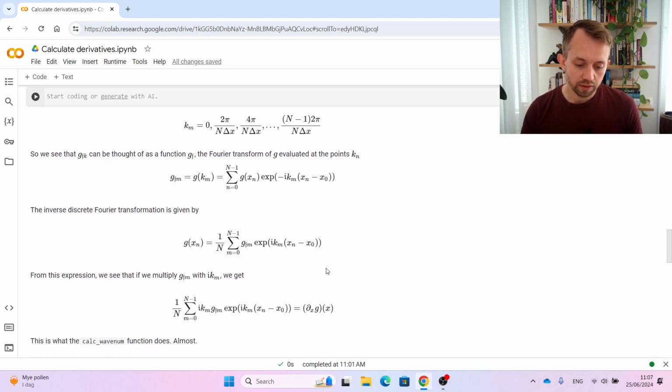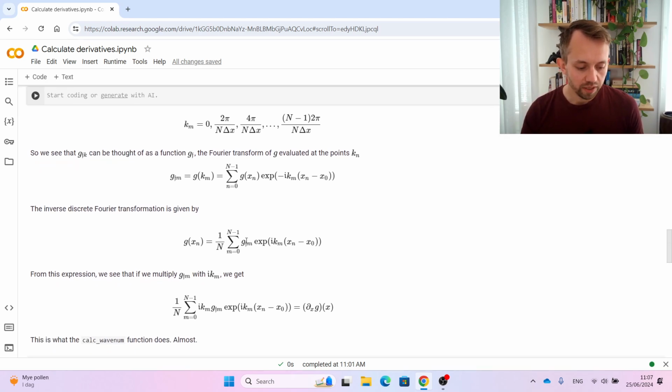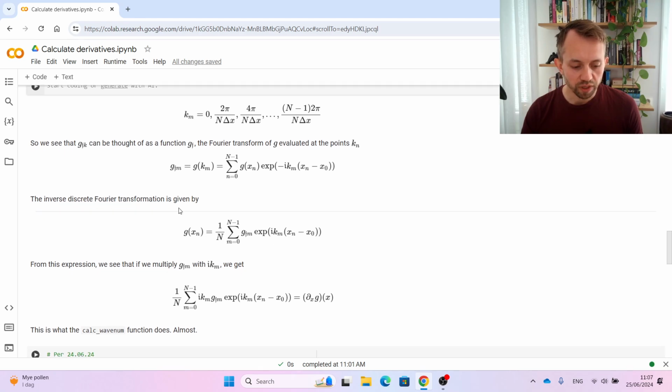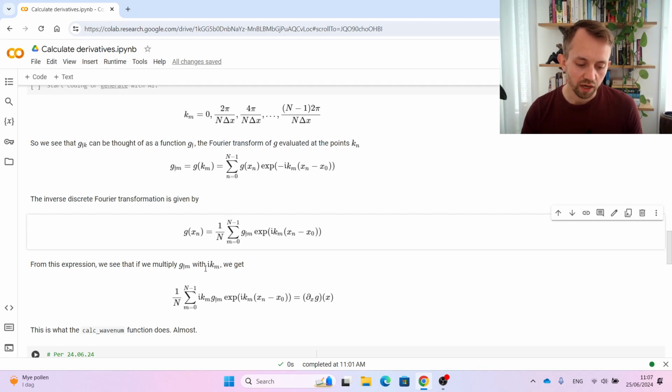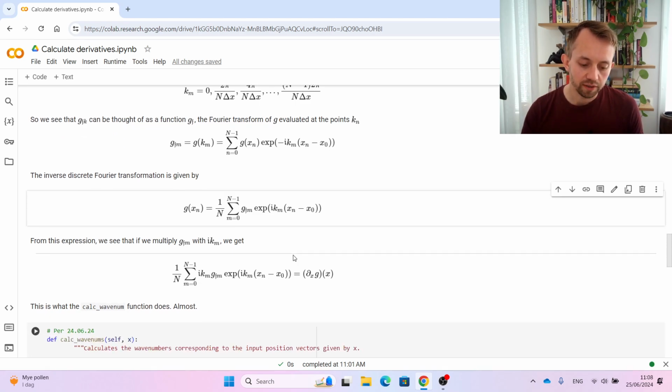And now you can see that if I multiply this gfm with ikm, as I did in the code, then this right-hand side becomes this thing where I have ikm gfm multiplied by this exponent. And the important part here is that